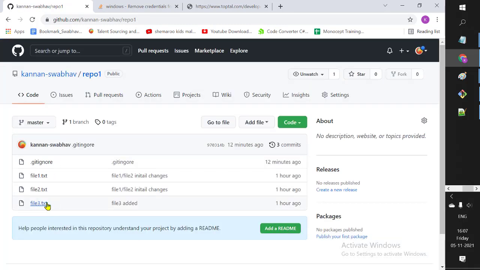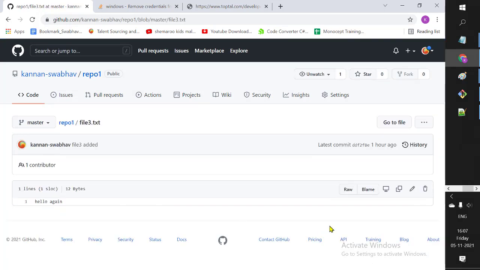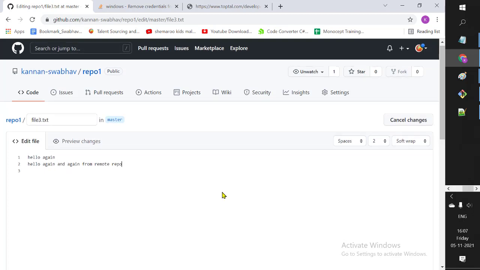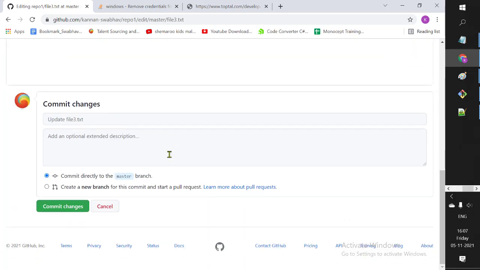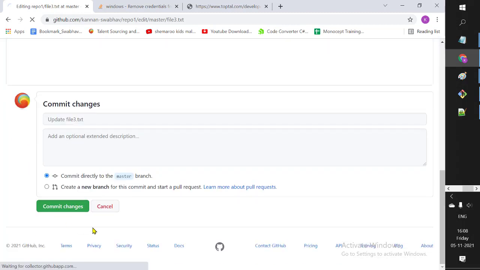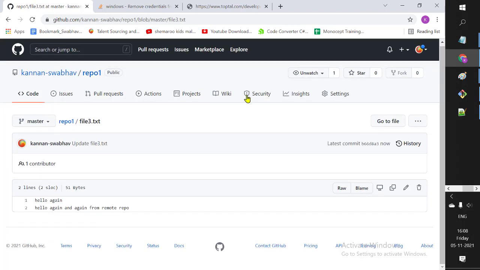If I go and make a change in file 3, and I just say, "hello again and again," from the remote repo, somebody pushed it to the remote repository. You normally don't do that, but there is one commit that happened. Mostly this is done by another person, but I'm just showing you this. Maybe another person does it and pushes the changes here. So this is a new commit, and now if I go to the repo,